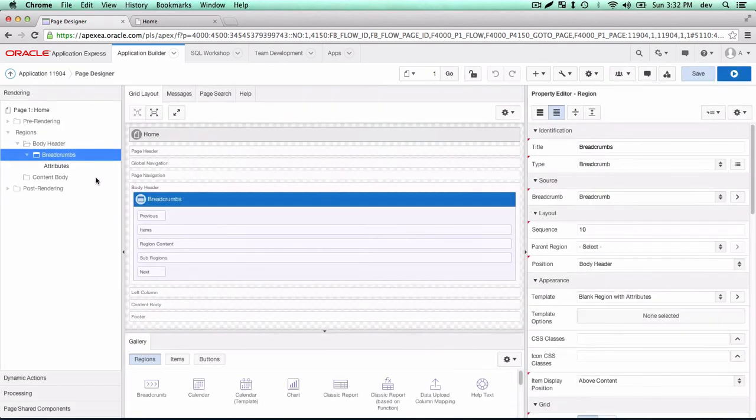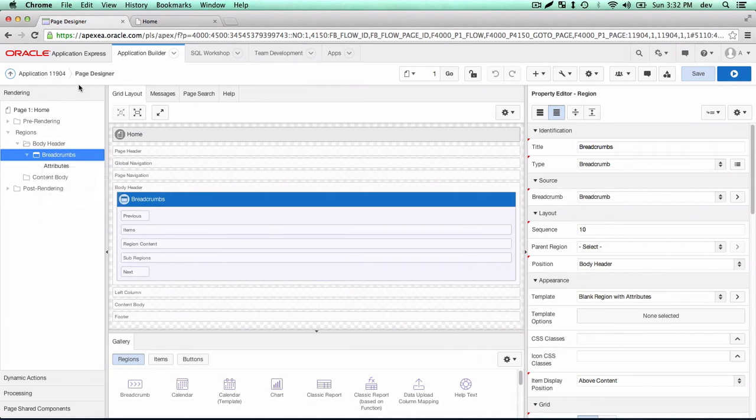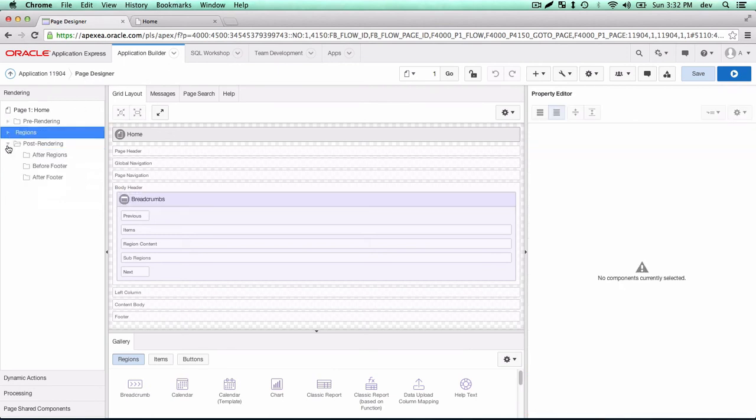And this is where we get into what does an Apex configuration look like. So this is a page. This is what's called the page designer. And what we see here on the left is some different sections. I'm actually going to go out of the region and component that I clicked on, and I'm going to look at these different sections. We have the rendering section, which is basically all of the rendered content. We have dynamic actions, and if I click on help here,